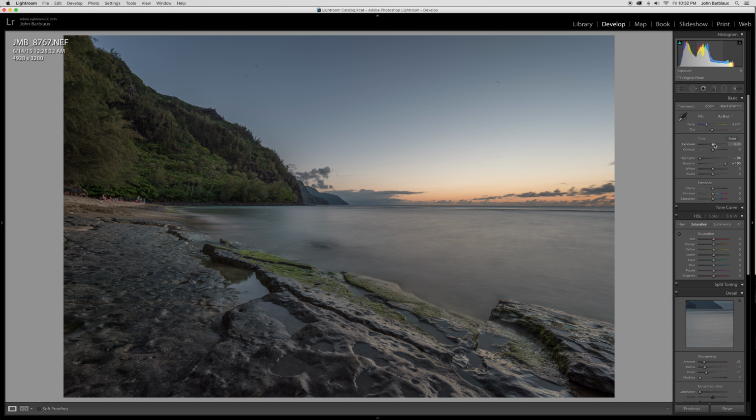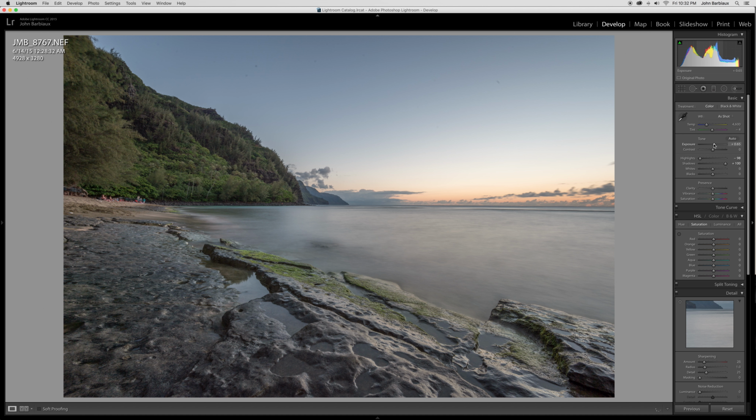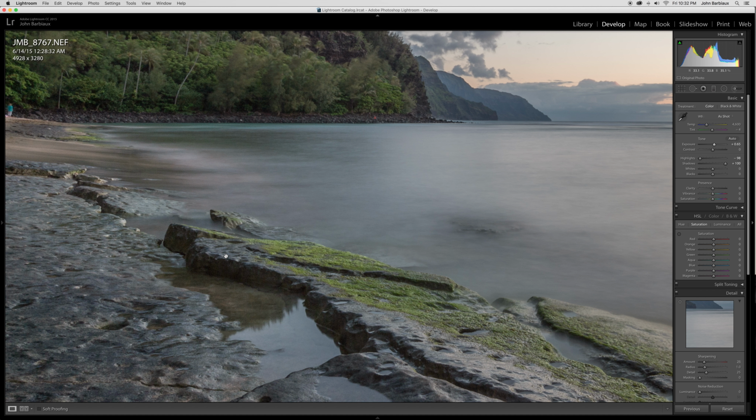And actually, I'm going to pull this exposure up a little bit more, so probably somewhere around 0.65. The slight blurring you see over here is actually because it was very, very windy. It was very hard, very fast. I was using a tripod, but even with that, I still got a little bit of camera shake from the wind. And I used mirror lockup with this, like I do with almost all of my landscape photography